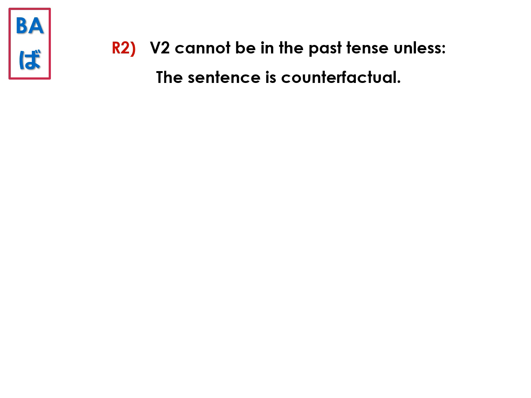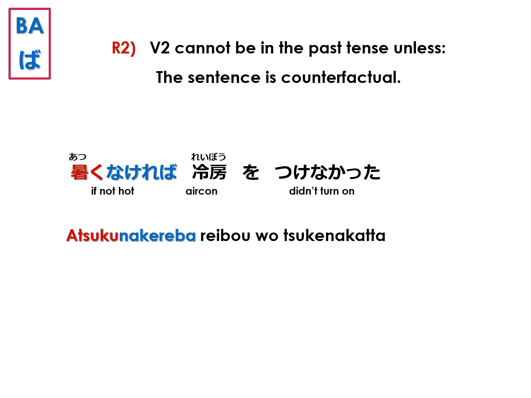Next restriction is that the main verb can't be in the past tense unless it's a counterfactual sense. For example, 暑くなければ冷房つけなかった。We have a ba construction, 暑くなければ, in the subordinate clause, with the past tense verb つけなかった in the main clause. This isn't allowed unless the sentence is counterfactual, contrary to fact,